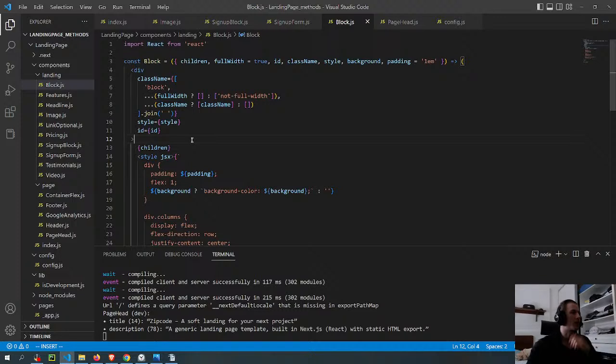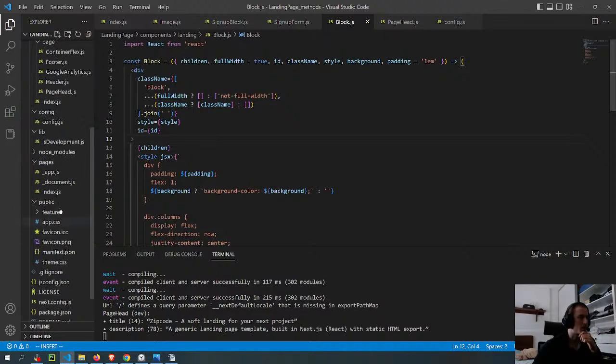Maybe it's because I don't have a lot of experience, but I think I'm going to end up using normal CSS, creating files here, importing those files in the index.js, and doing things like that.